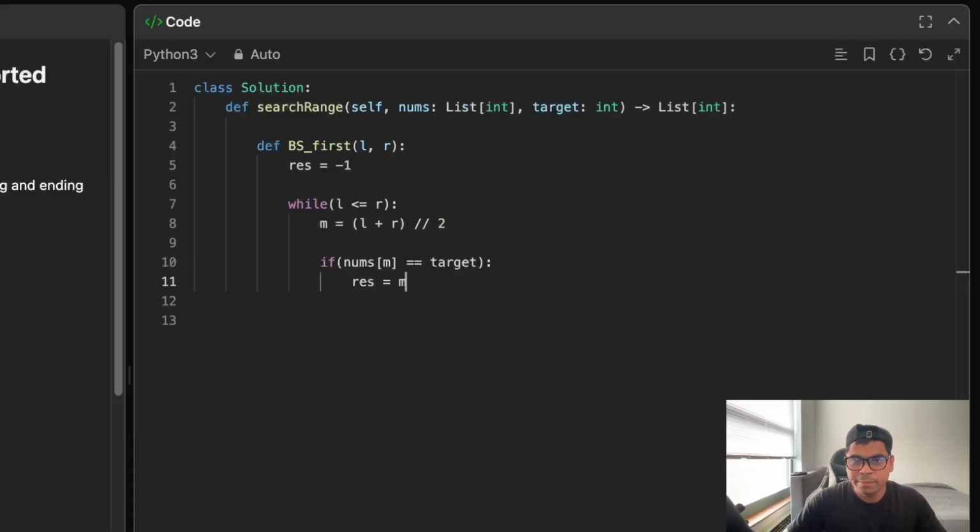So I'll assign mid to my result, but now we're looking for the first element, basically the leftmost index for that target, which we just found. So there might be another duplicate copy of that element that exists on the left side. So I'll just move my right pointer to mid -1, and then I'll have an elif case,